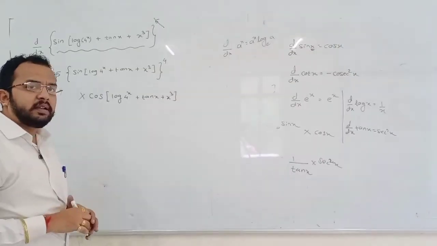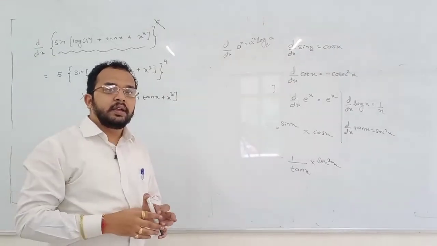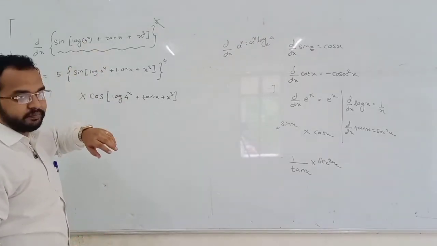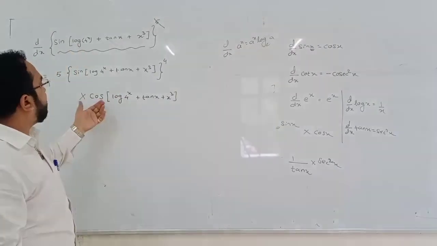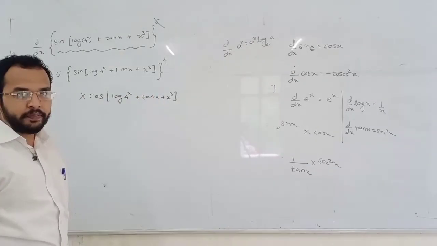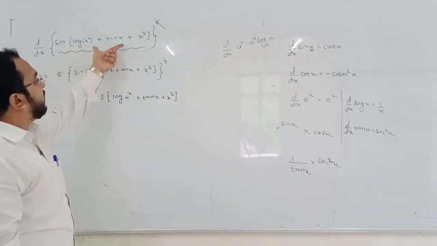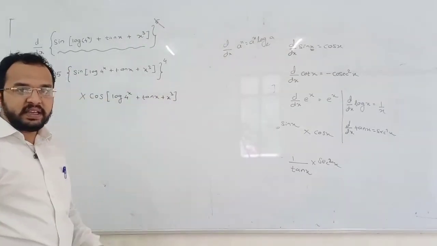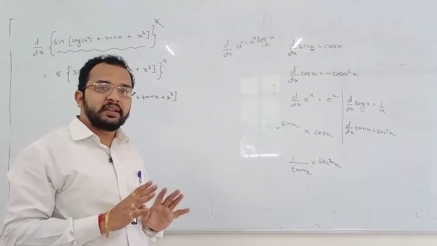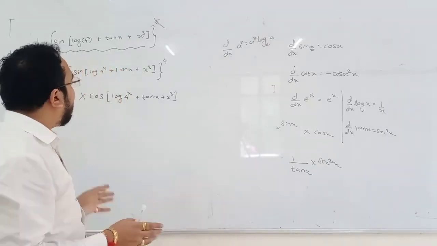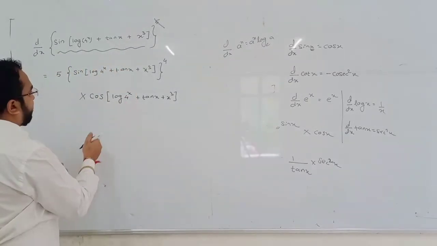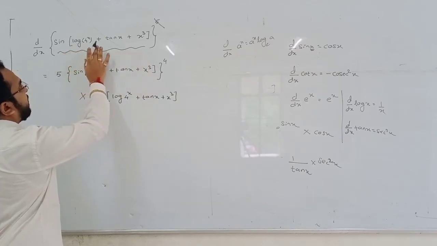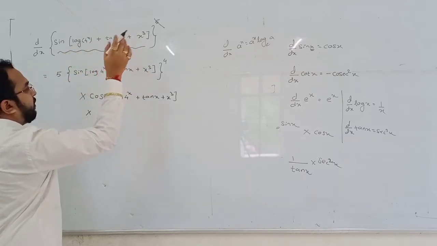The answer is not complete up to here. We would have stopped here if it were only sin x. If it were sin x, we would have stopped after taking cos x. But is the theta of sin x? No, it is also something different. The theta of sin is not x, that is also other than x. Again we have to differentiate that theta. What is that theta? Log something plus tan something plus x to the power 3.